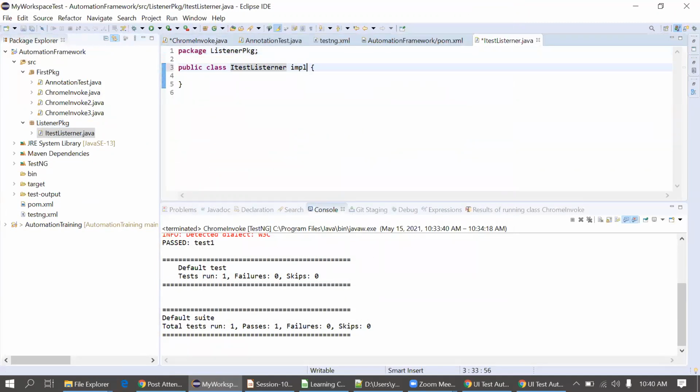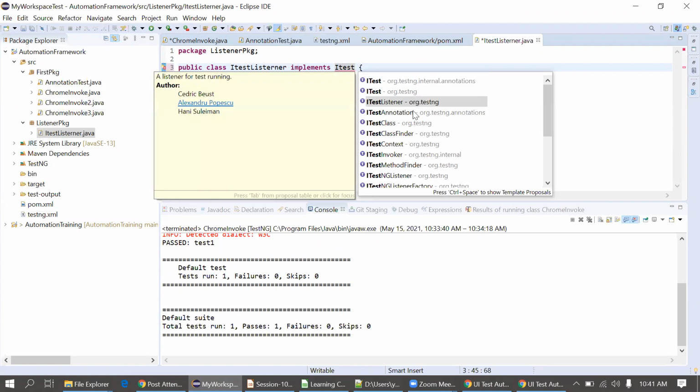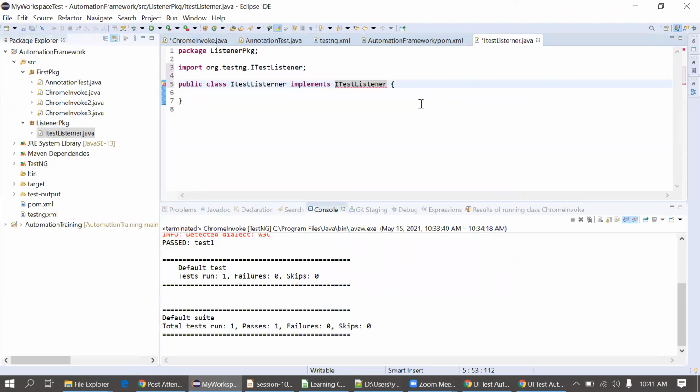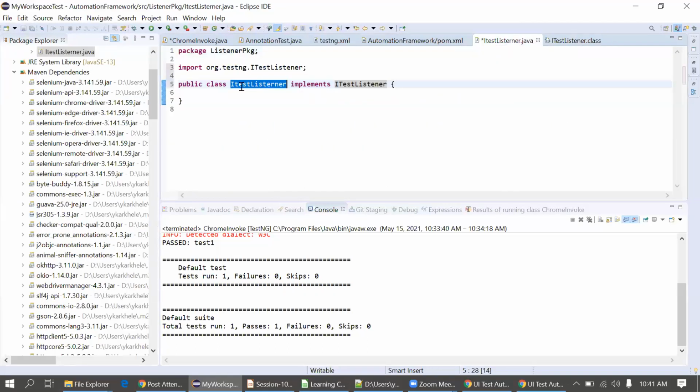Now I'm going to implement the interface ITestListener. This is from TestNG. Now I'm expecting the answer why we are not getting any error here to implement the methods, because this is an interface and we have to implement the methods in this class. This is a class actually.